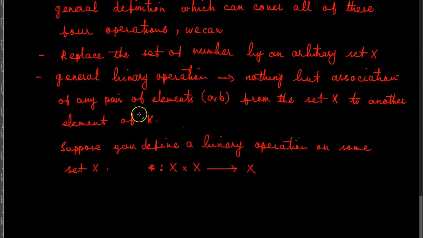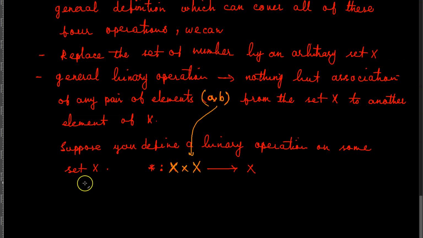That means that this ordered pair A comma B comes from this set. This is the Cartesian product of X and X, and then through this operation, this ordered pair is then associated with another element of X. For example, if I say that star is a binary operation on the set X,